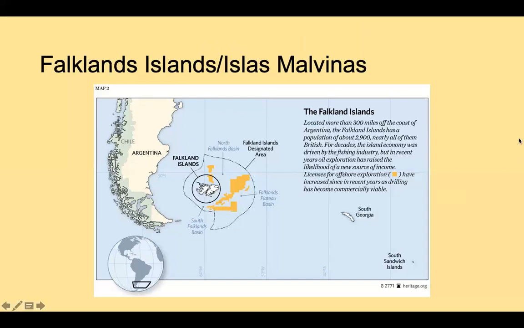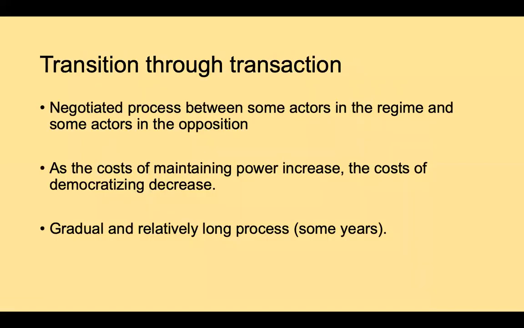So here are the Falkland Islands. This is what was at stake when the Argentine military regime invaded and challenged the United Kingdom's claim to the Falkland Islands. This is just a set of islands where mostly British nationals live, and it's long been disputed, but it's firmly in British hands, and it was definitely an effort by the Argentine military to legitimate its rule and create a purpose for itself beyond the period that it was in power.